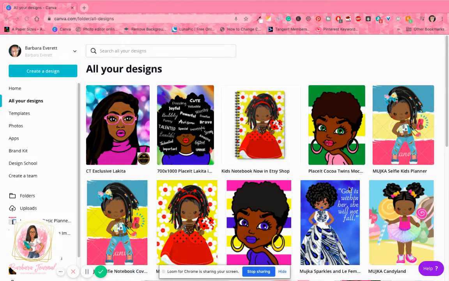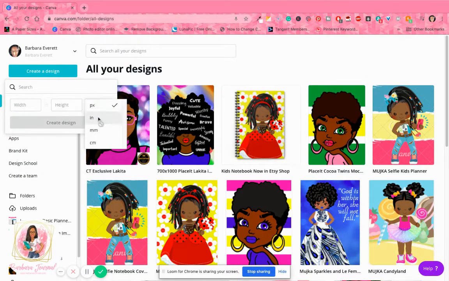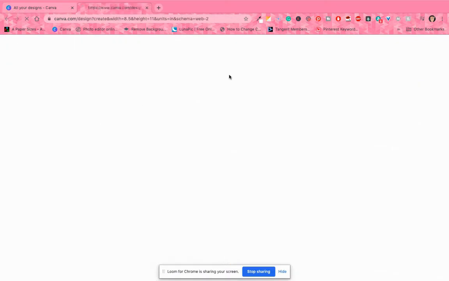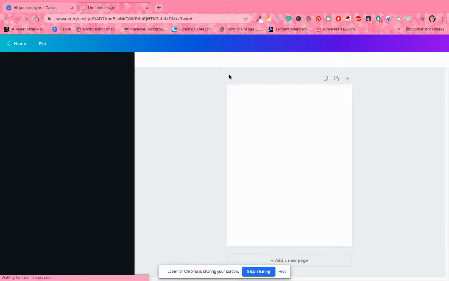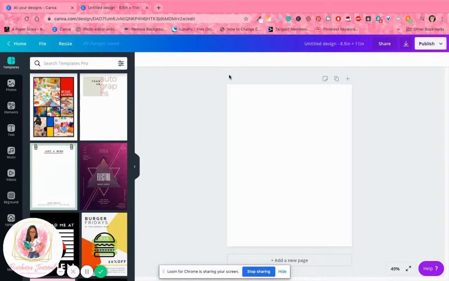Canva hack to quickly create charts and tables, such as if you're creating, let's say, a monthly calendar. So I'm going to click on Create a Design and Custom Designs, and I'm going to make this one 8.5 by 11. So once I do that, like I said, this is just going to be a basic calendar, a table for a calendar. I'll do one-page calendar, and then I'll show you how to do a two-page calendar in a separate